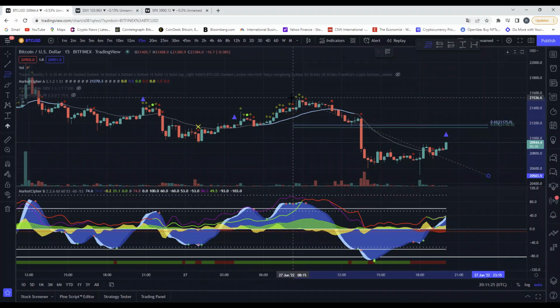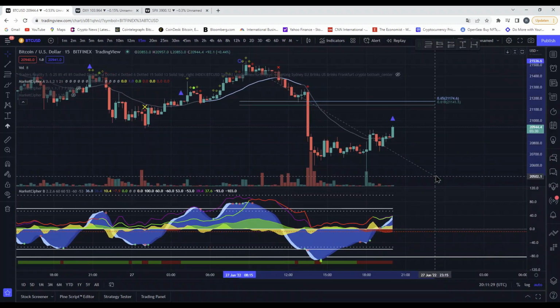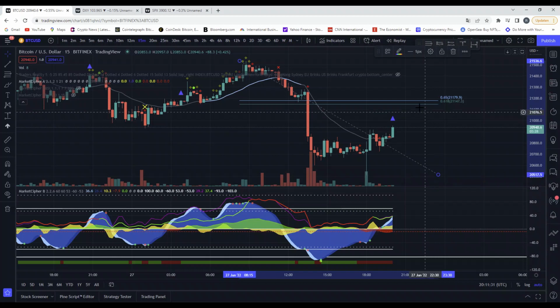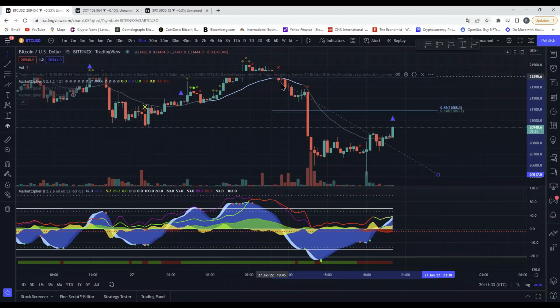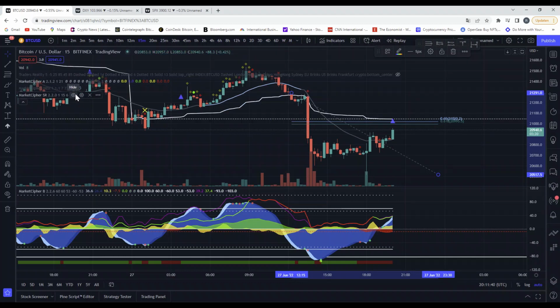This is a beautiful moment to reverse, if we will make it. That is around 21,100. You could also put this one a little bit lower, let's say somewhere here. Then we almost reached it, and look at that. It also coincides with approximately the VWAP for today. So this box right here, approximately at that 21k,